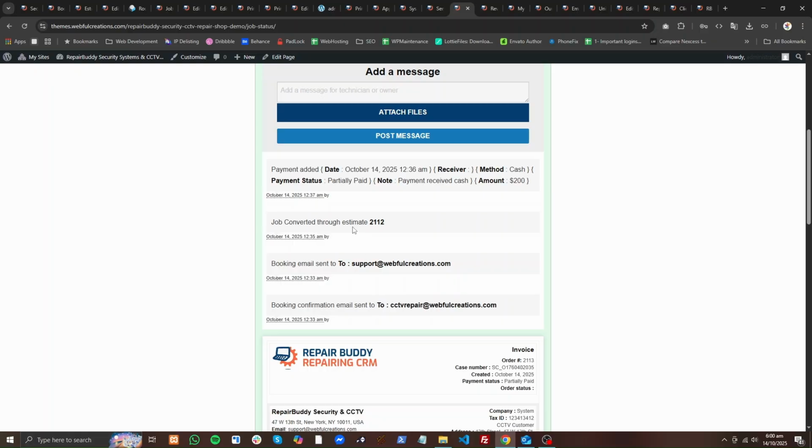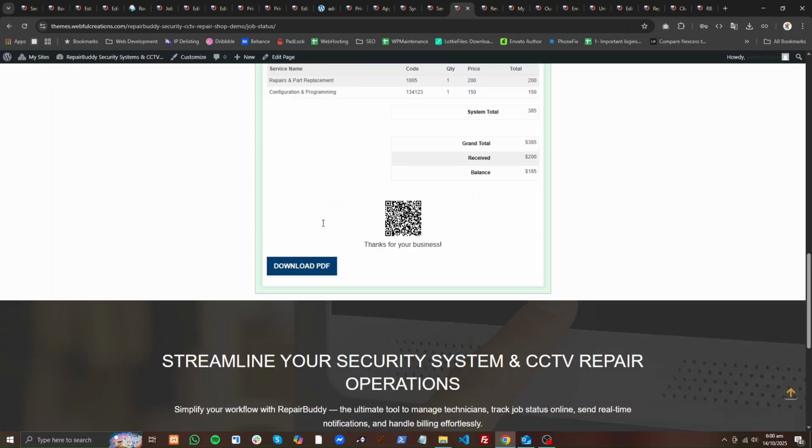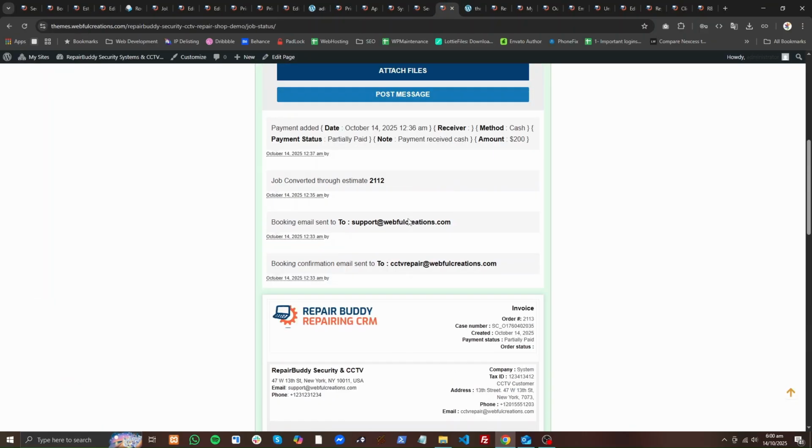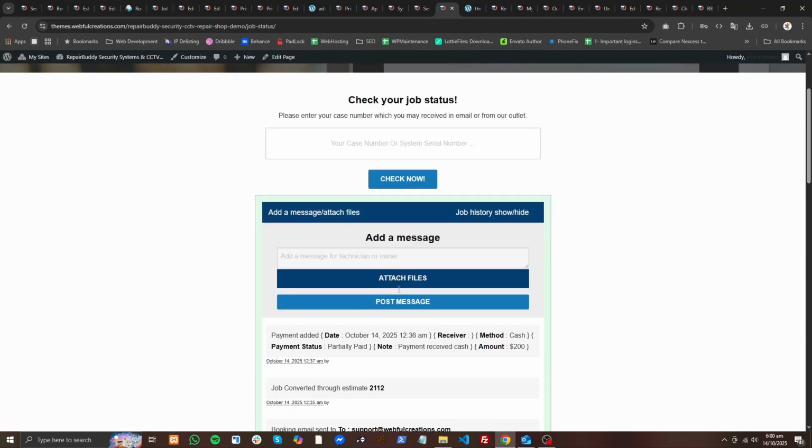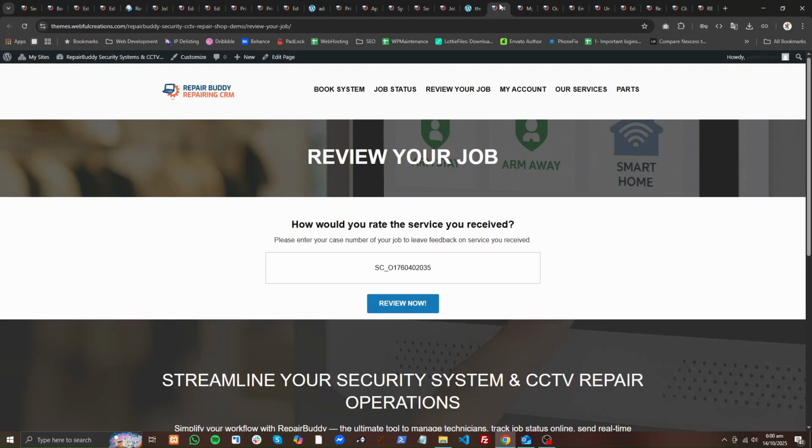And below they can also download the PDF of their job. PDF means the invoice. They can also print the invoice of their job anytime from this page. They can also attach files and add messages, so the technician can see that. And once the job is done, they will be sent a review request if you have enabled it,